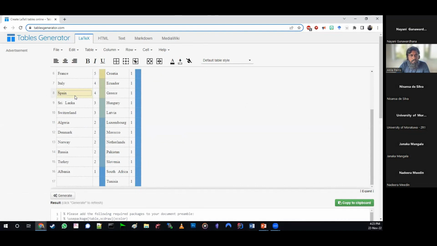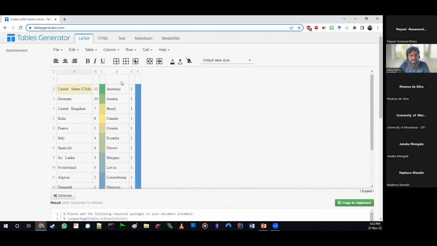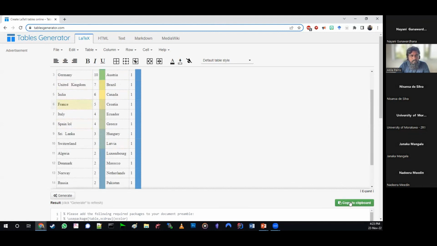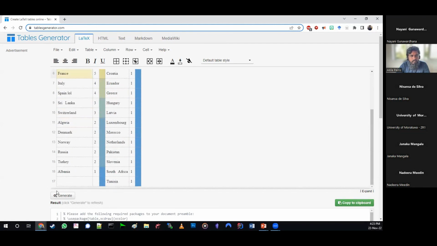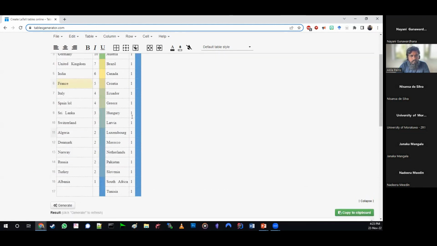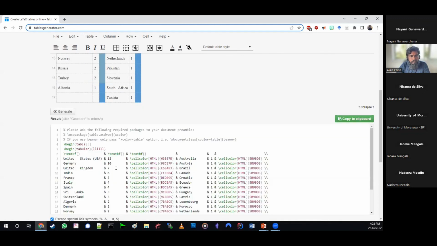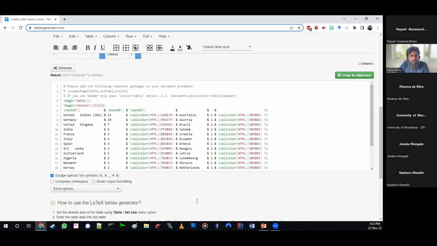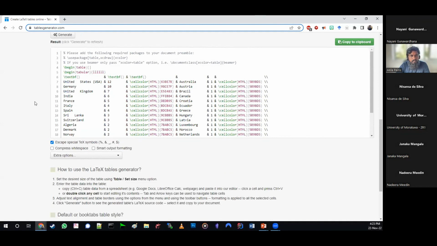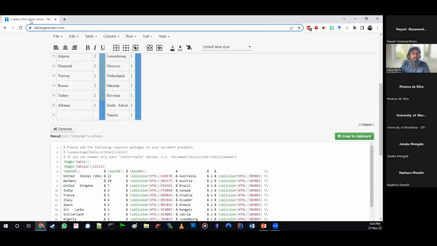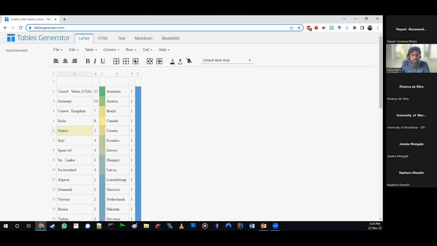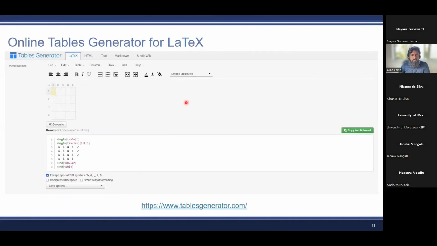Let me add lol here. It doesn't matter. So you will edit it like an Excel sheet, and then just click generate, and it will generate the LaTeX table. I'm not going to copy paste this because it is a little messy. But for people who are starting out, that is something that they can use.